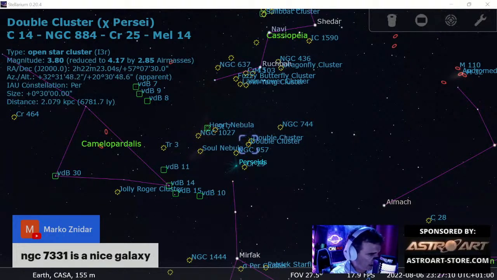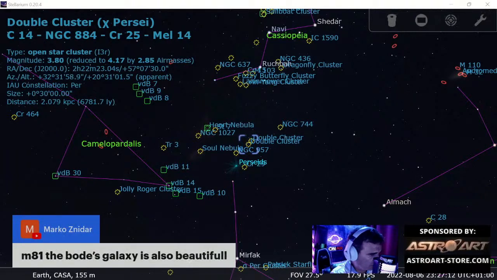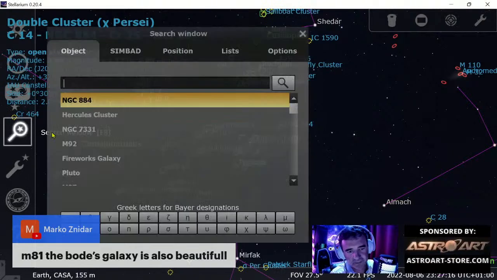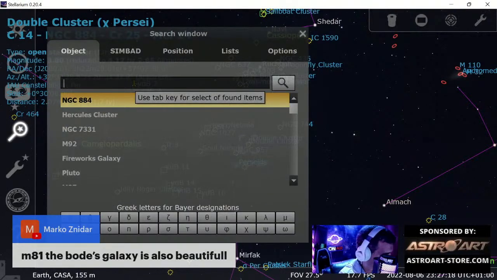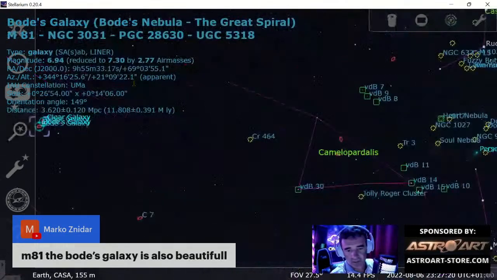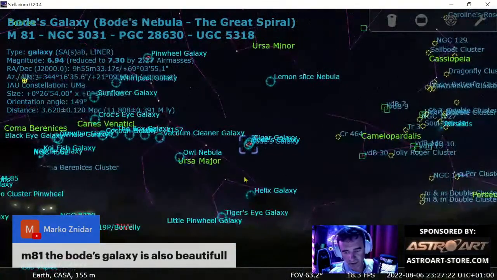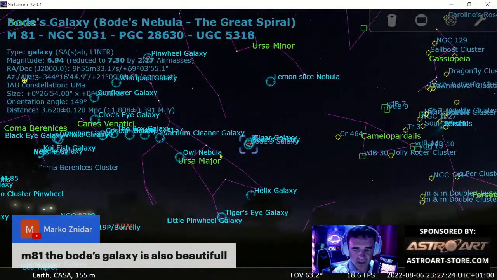Okay, let's see. M81. Bode's galaxy is also beautiful, but it's not on site, I think. You see, it's here.